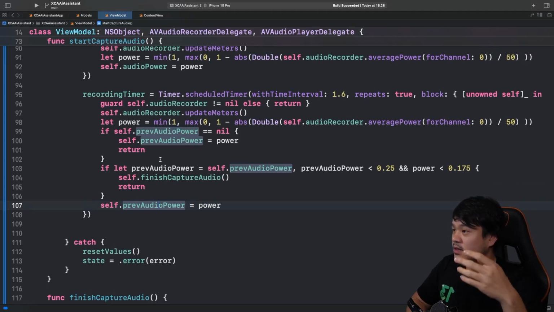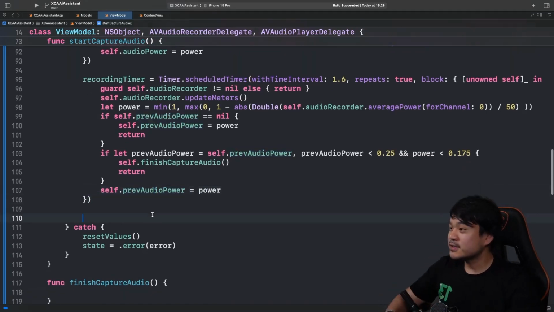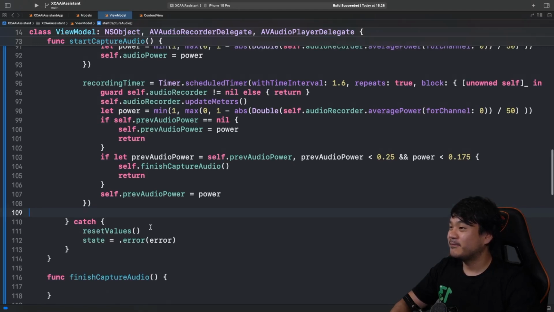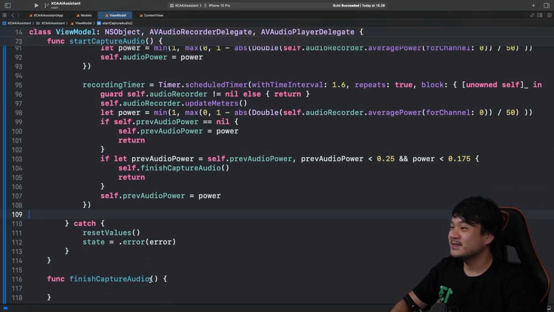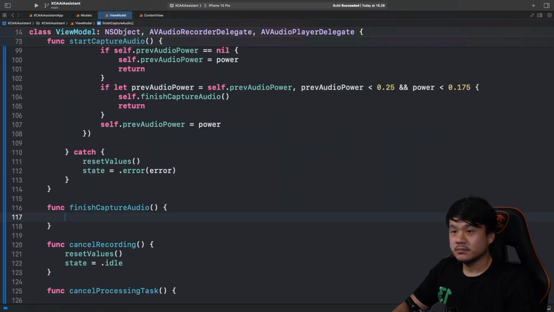Then we will start processing the audio. Other than that, it will just keep on listening to the user voice as it keeps on recording. Okay, so this is the trick. This is a very simple mechanism that I just created, right? So if you find a better approach, I'm sure there will be one. This is just a naive implementation. You can update this, okay?